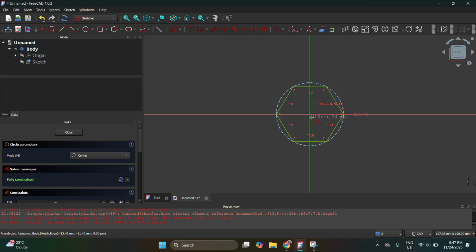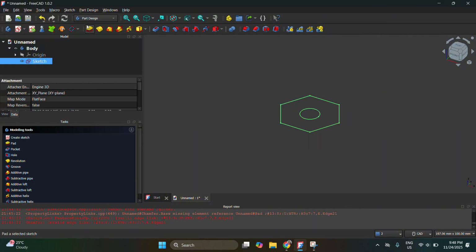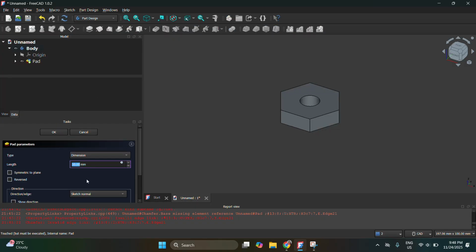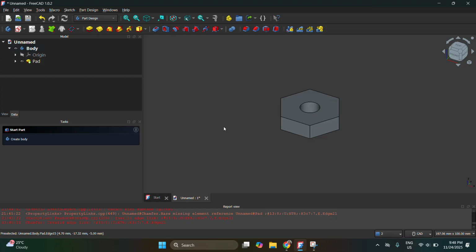Now you add a circle, again starting at the center, the origin 0 0 0, then set 12 millimeter diameter. Click close, then add a pad of 10 millimeter. Again, 10 millimeter, make sure it is symmetric to the plane, because later we will use mirror and we do not want to duplicate it. It should not be on top of the plane, but positioned in symmetry to the plane. Check symmetric to the plane, then click OK.